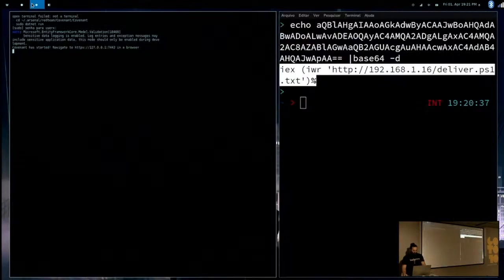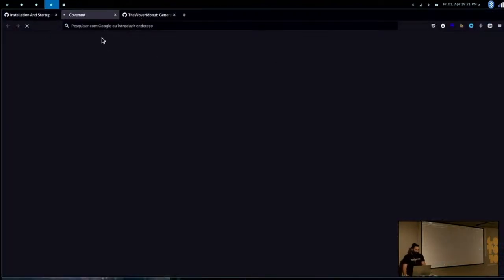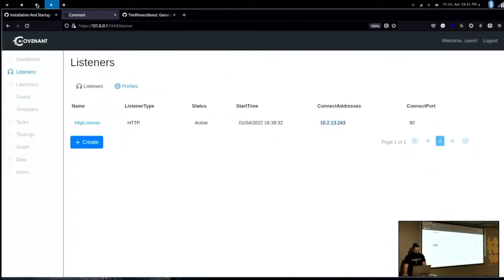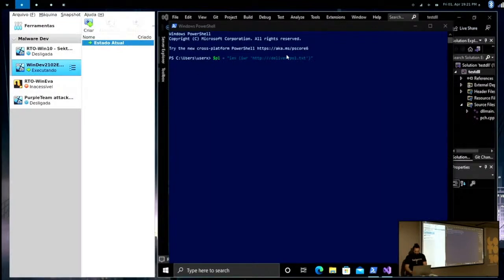Oh, I don't remember the IP, so I have to open Firefox once again. Grab this, go back there. PowerShell. Right, so we save this string here, and then we just have to remember how to encode it, which is